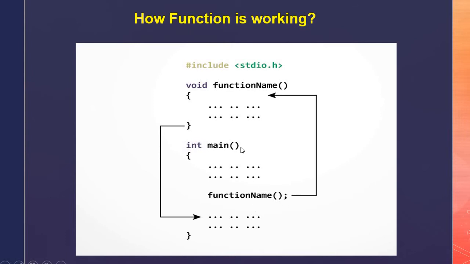So the control will start here. It will check and execute each and every line. After seeing this function, immediately the control will jump to the area where we define the same function name. After completing all the statements inside the function, on seeing the closing curly bracket or the return statement, it will return back to the line next to the function name, that is, the calling area.